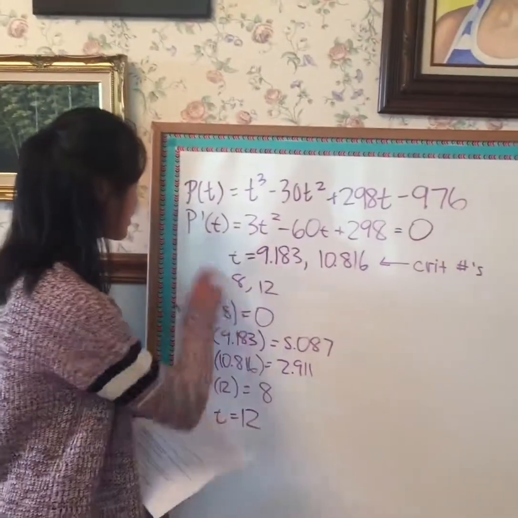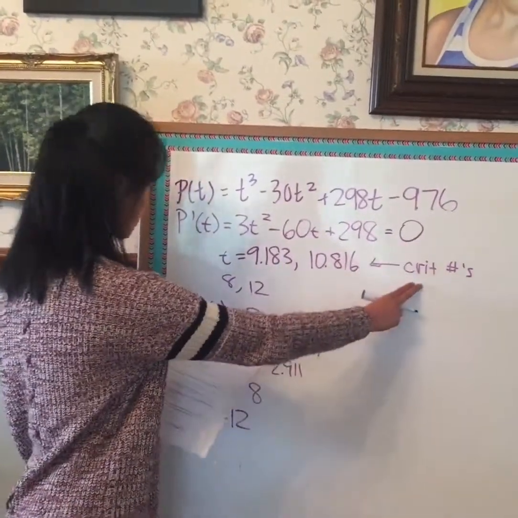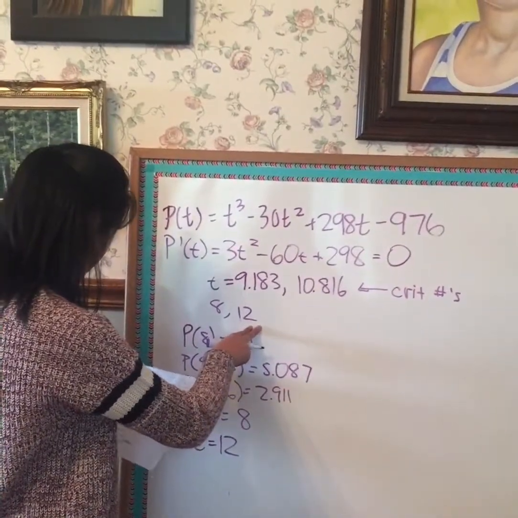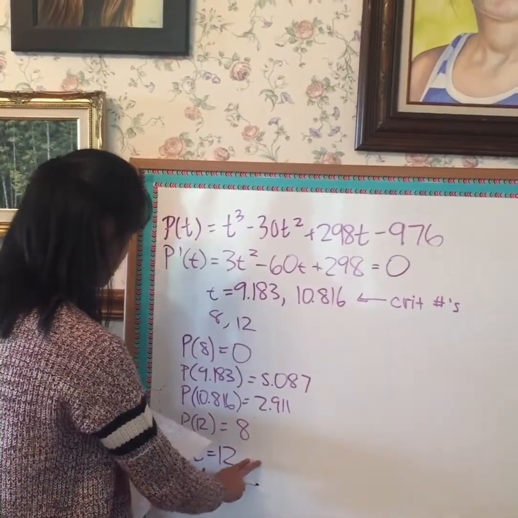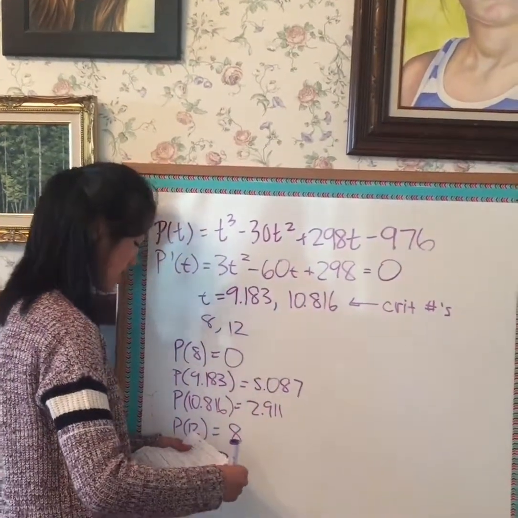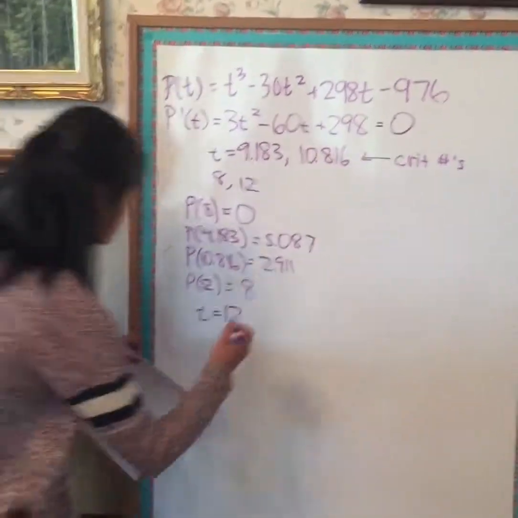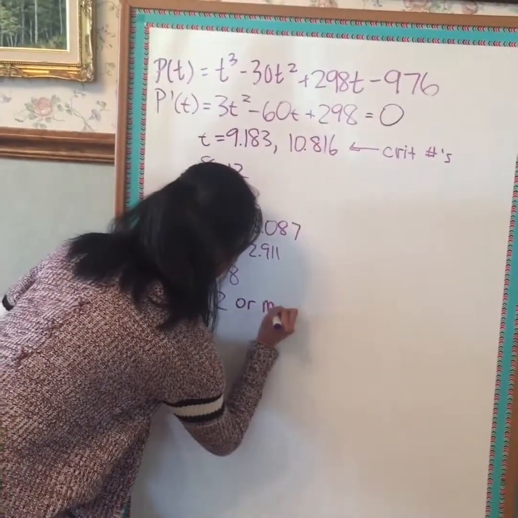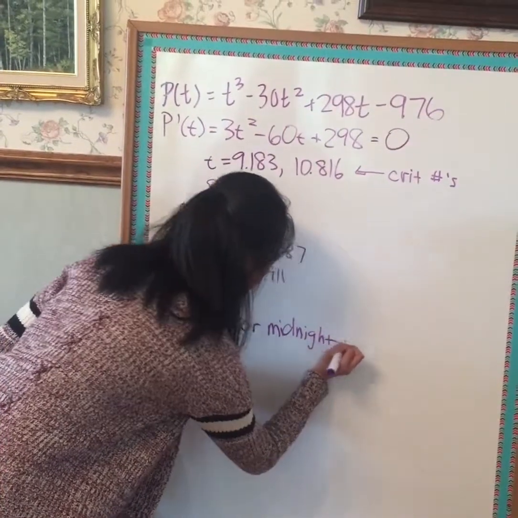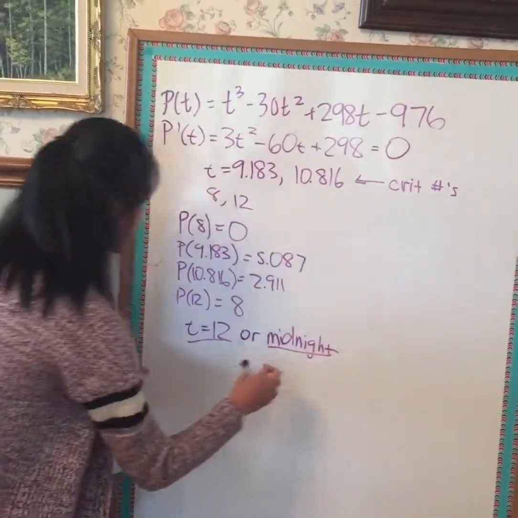He found p prime of t and he set it to 0 to find the critical numbers, and then he included the endpoints, and he also found that at time t is equal to 12, it was the greatest value. However, he said at time t equal to 12 or midnight for the answer. So both these answers would be acceptable